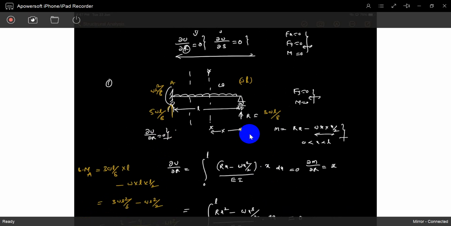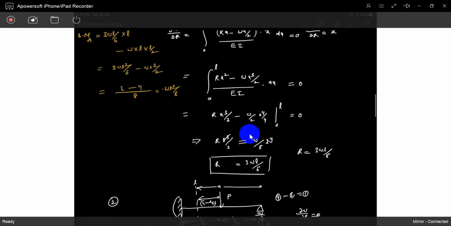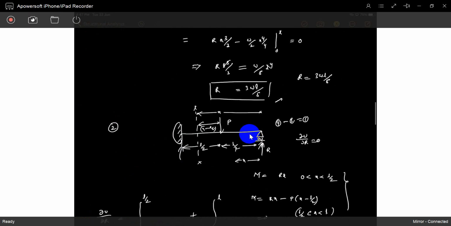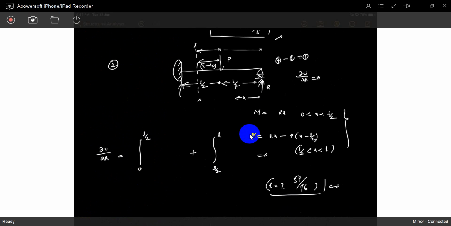So see it, we already solved it by the strain energy method. Solve it now. And I gave an assignment also. Someone said it's 5P by 16. So by the strain energy method also we can solve it. That's a force method. So many methods are there in structural analysis. You can do whatever you think is easy. My intention is just to understand.